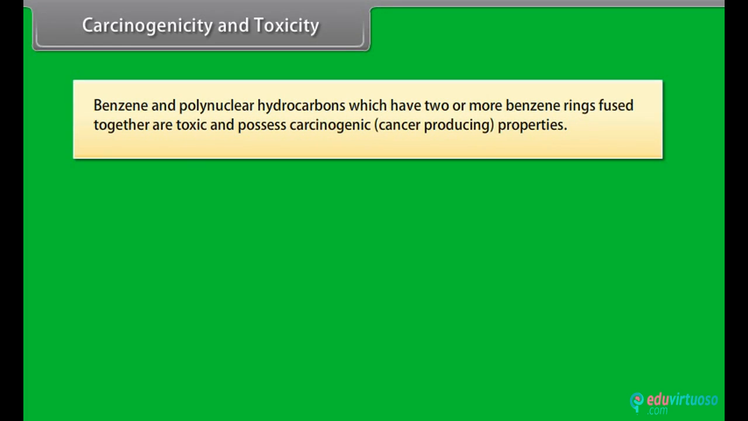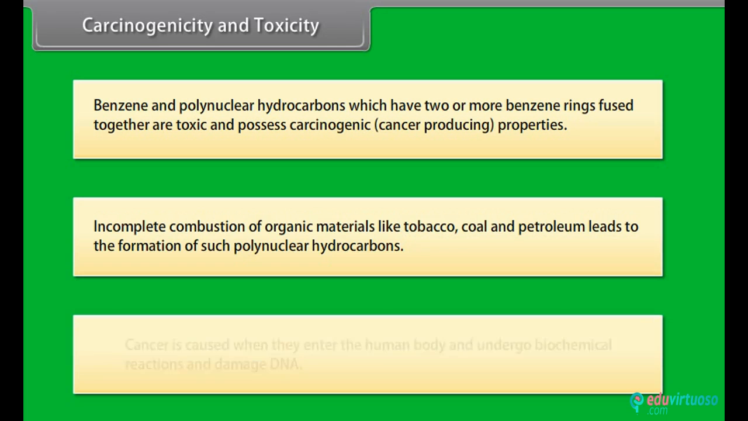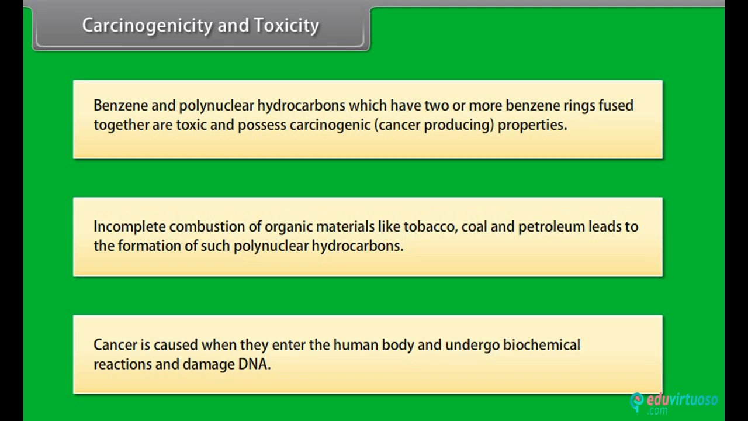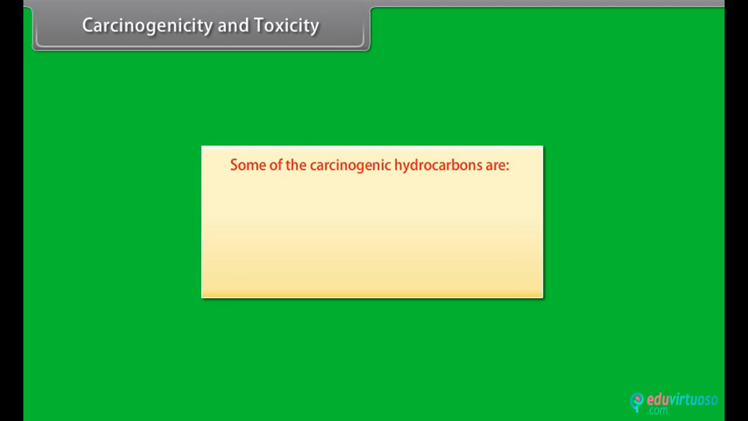Carcinogenicity and Toxicity. Benzene and polynuclear hydrocarbons which have 2 or more benzene rings fused together are toxic and possess carcinogenic or cancer-producing properties. Incomplete combustion of organic materials like tobacco, coal and petroleum leads to the formation of such polynuclear hydrocarbons. Cancer is caused when they enter the human body and undergo biochemical reactions and damage the DNA. Some of the carcinogenic hydrocarbons are